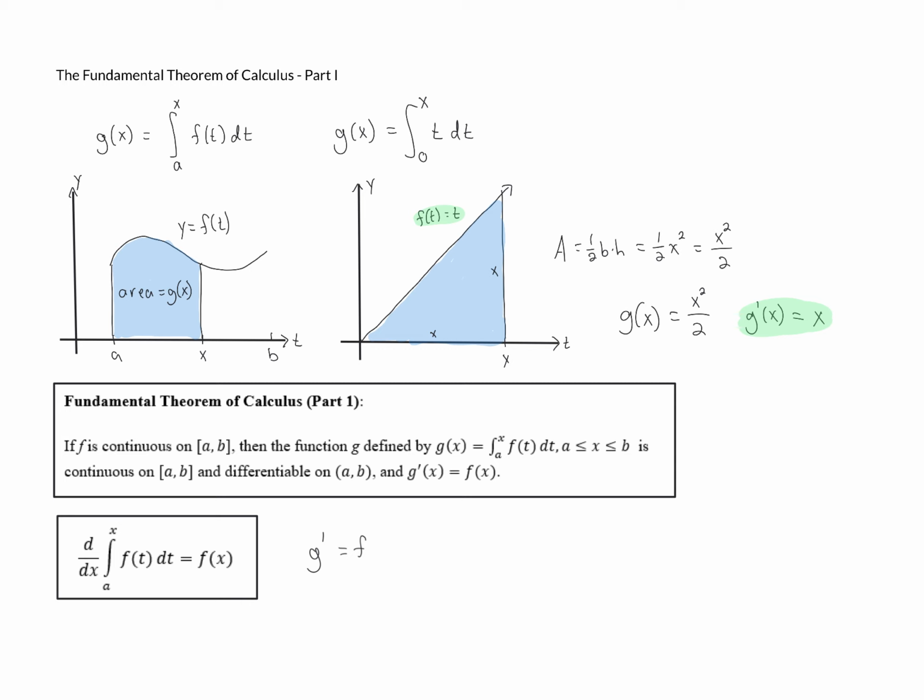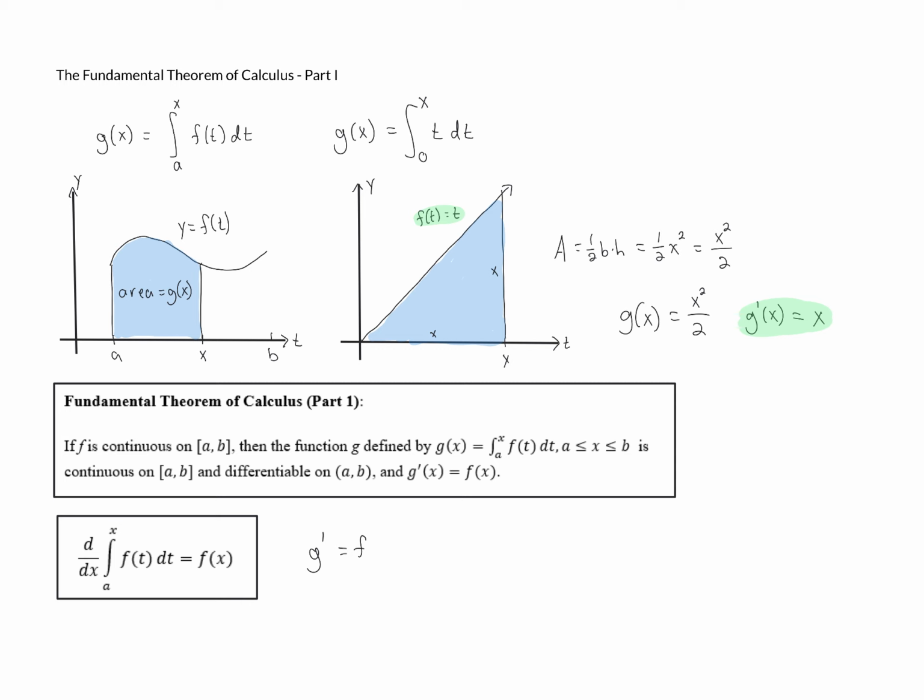When we integrate f to get this new function g and we differentiate it, we get the original function back. And remember that g is the area so far function. So what this says is the rate of change of area is equal to the value of the original function, right? We know a derivative is a rate of change, and this g is the area so far function. So the rate of change of area is equal to the original function. Well, if we look at this function here, this first example, and we think about the area so far,